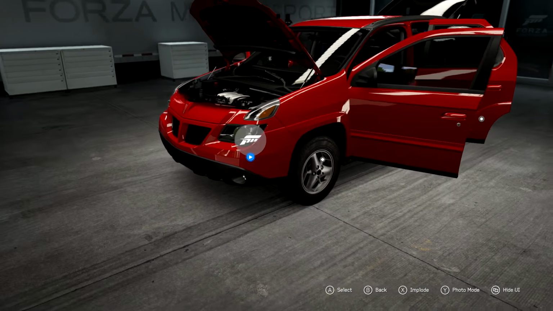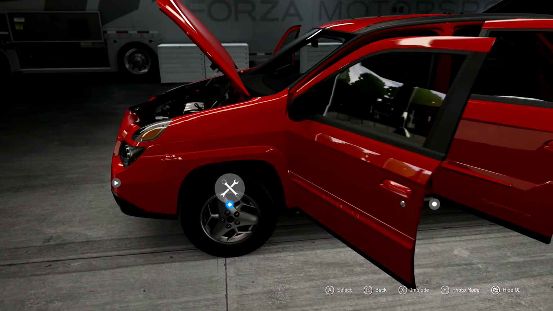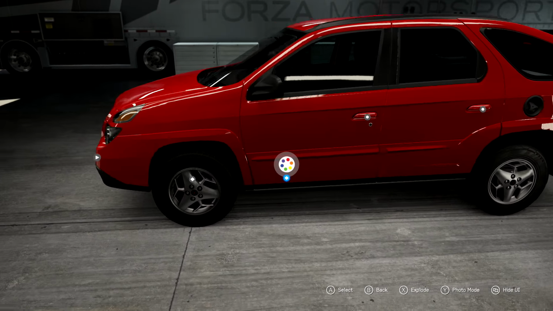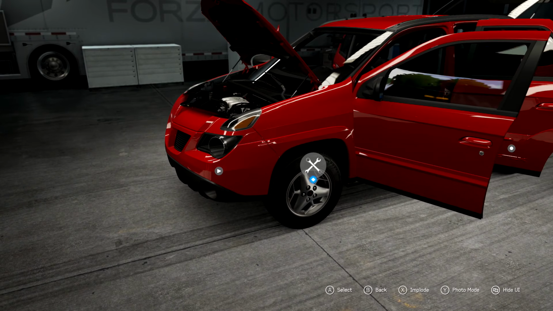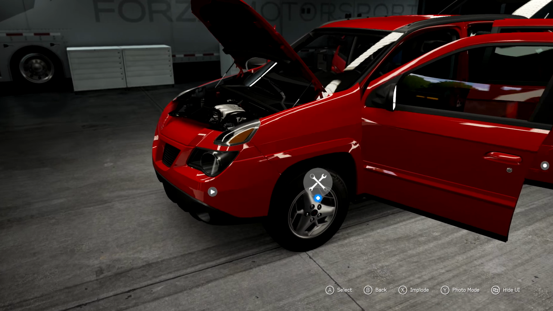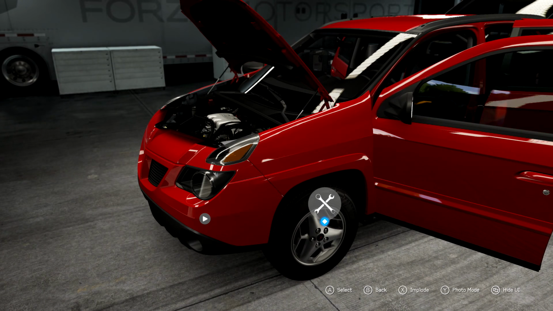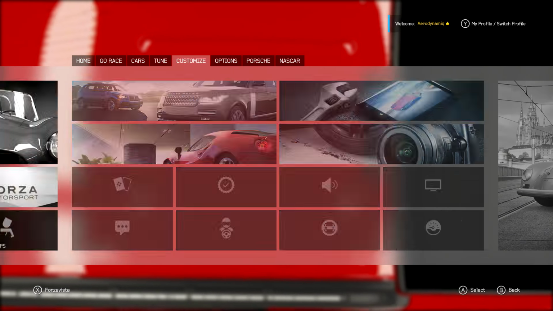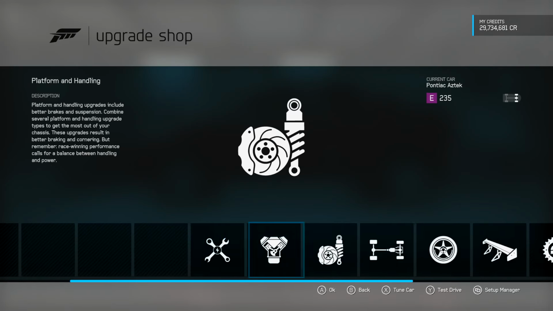I'm not trying to make this car perfect. It's a fucking SUV minivan abomination. So we're just gonna do the best we can. And yeah, I've got the rules up here on my screen, and we are ready to go ahead and start building. Now, I'm going to make this car as light as I can because I think